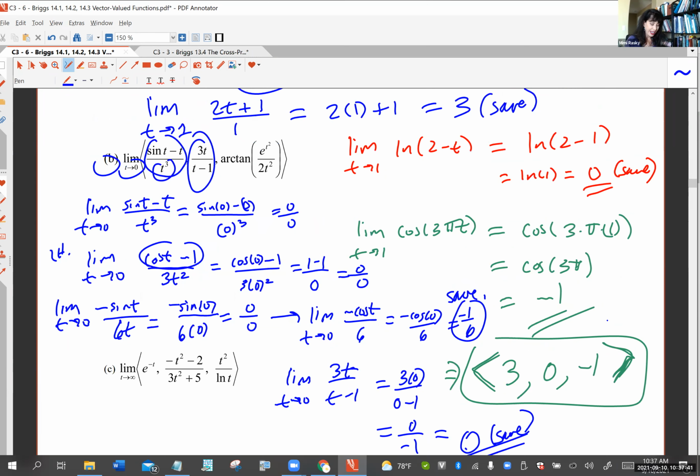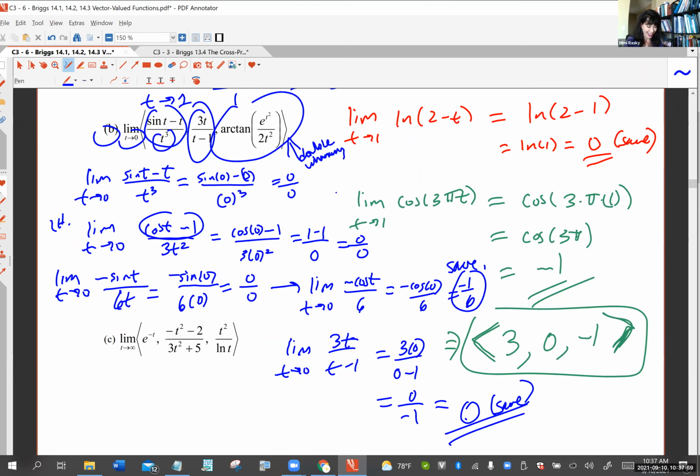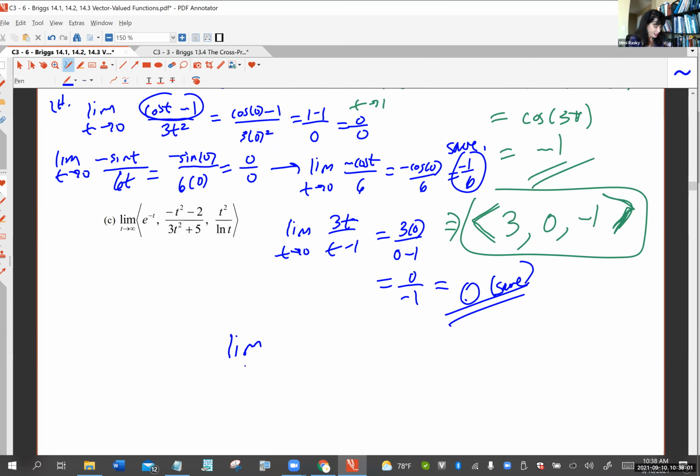Finally, we're going to do the last. Oh my dear, look at that crazy. I love these kind of problems. I call these a double whammy. Why is this a double whammy limit, and why do I love it so much? Well, because you have to know more than one limit just to complete that one limit. What? I know, right? So you're going to take the limit as t approaches 0 of e to the